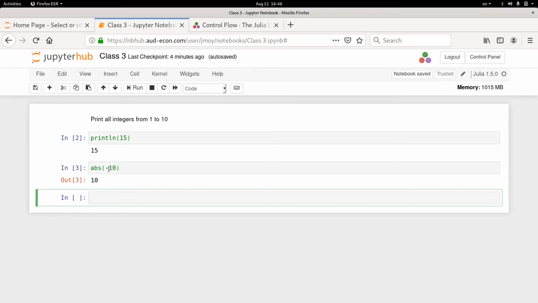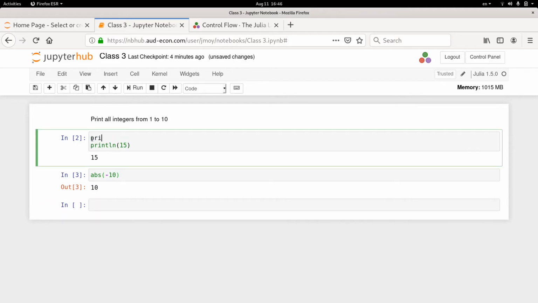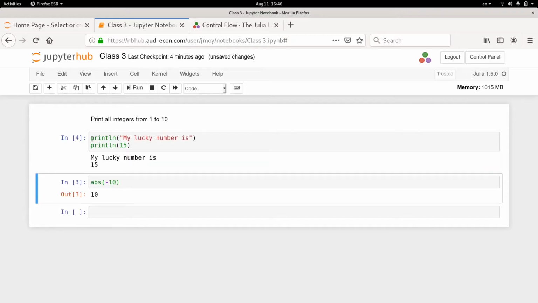But in Julia and many other programming languages, some functions you don't call to create a value, you call the function to create an effect. So for example, suppose I want to print two numbers out of this. I can say println, or I print something: "My lucky number is". When this expression is evaluated, the result is to print that line.